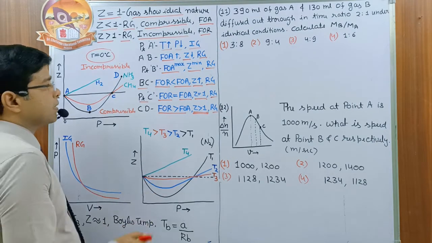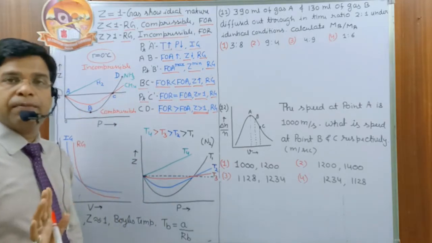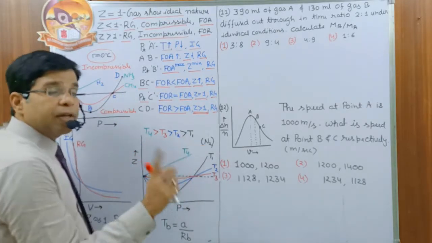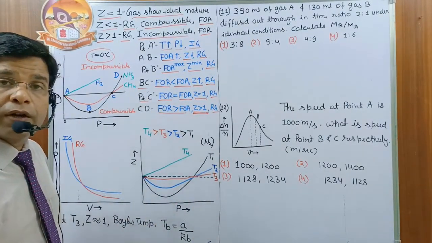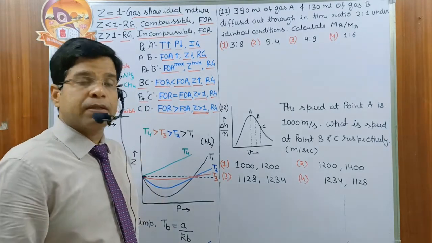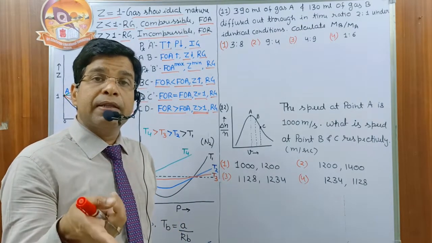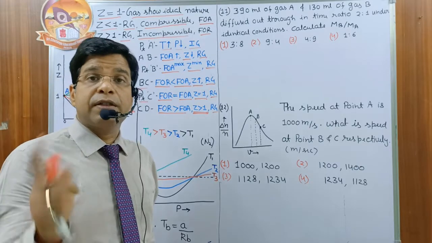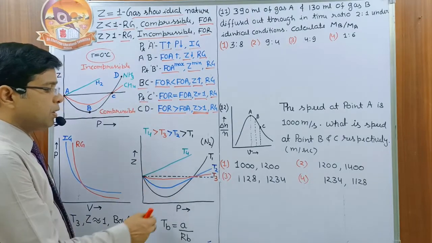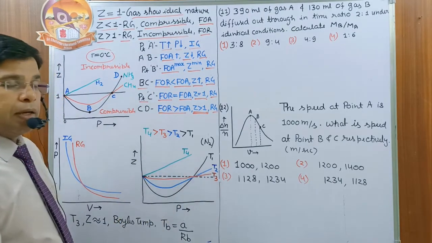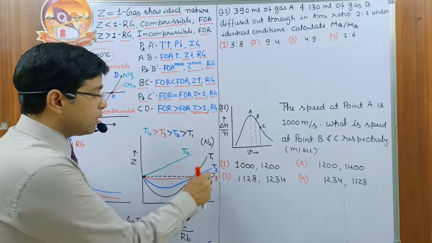Now, I have told you, this is called the Andrews isotherm, because for the whole process we take the temperature constant, but this is the graph for a single gas, nitrogen, at different temperatures. The less the temperature, the more the force of attraction; the more the force of attraction, the less the compressibility. For the black line, you see compressibility is minimum, means the black line is the temperature at which we have the maximum force of attraction. Maximum force of attraction requires the minimum temperature.